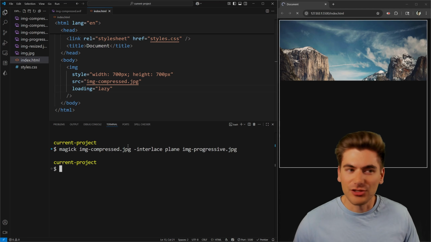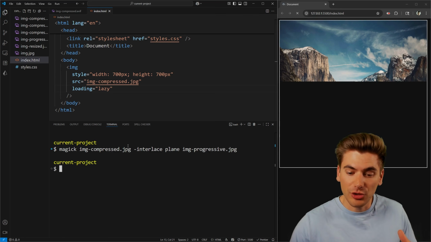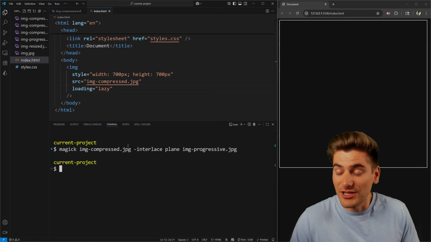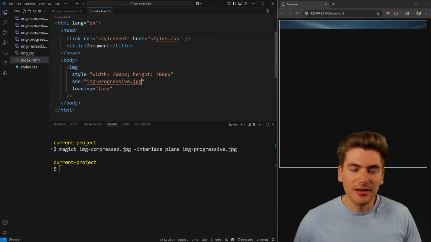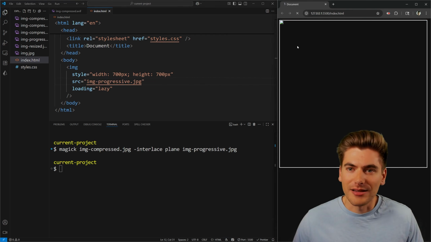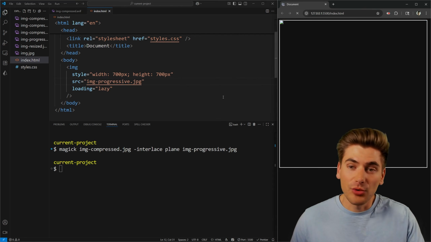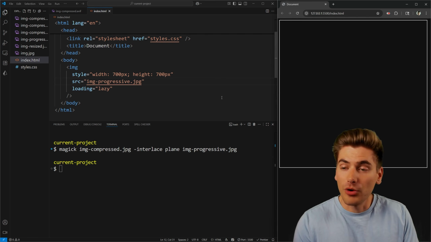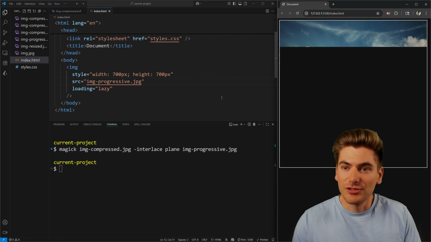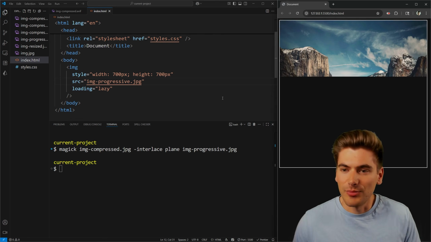So now we're converting this JPEG to a progressive JPEG, which will load in a more and more detailed version as we go. So let's change this to our progressive JPEG. We're going to refresh our page over on the right-hand side, and we should now see, instead of loading from top to bottom, it's going to slowly load in a less and less, or more and more detailed version as we go. So you can see here, it's at least going a little bit quicker